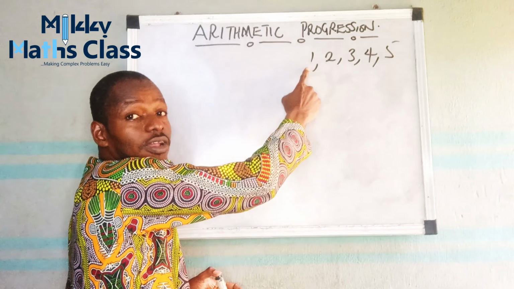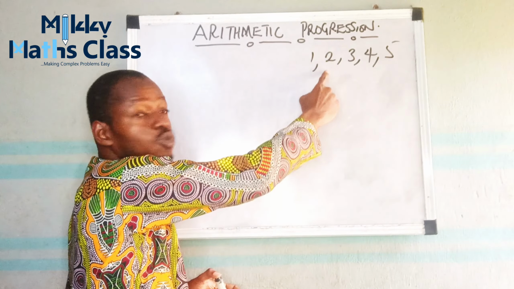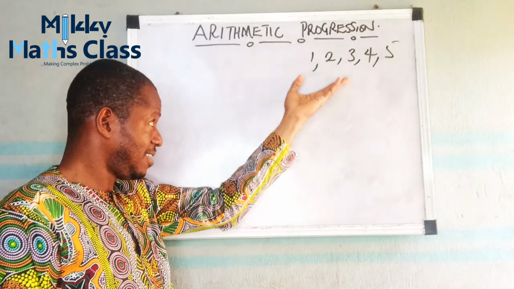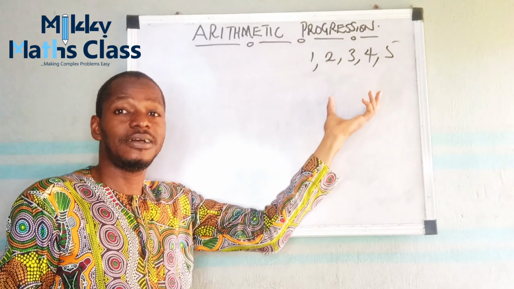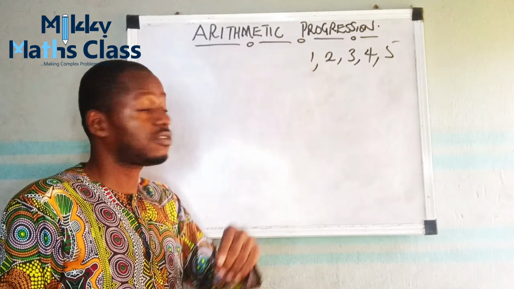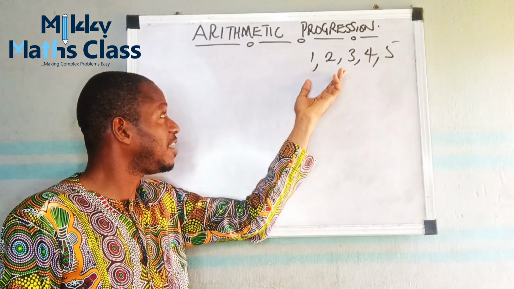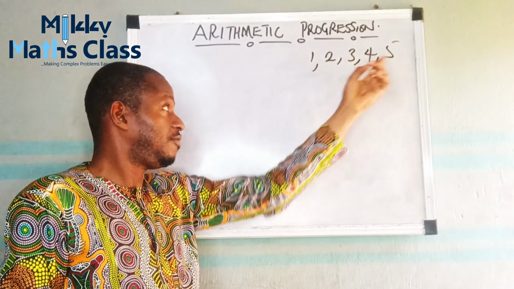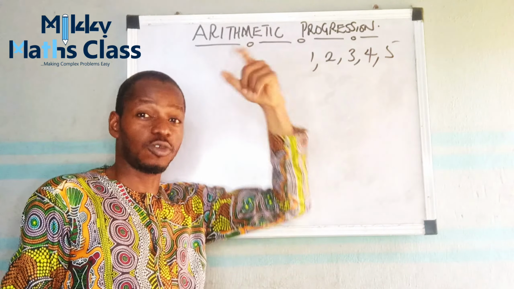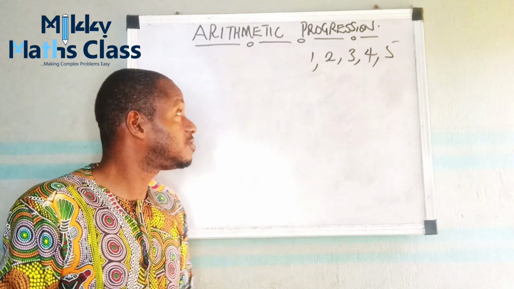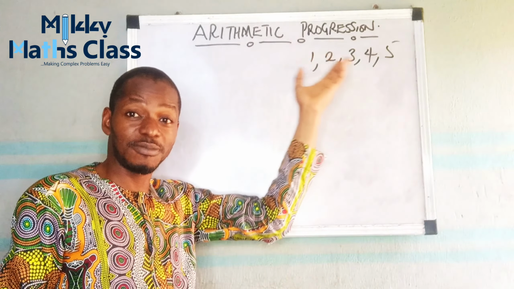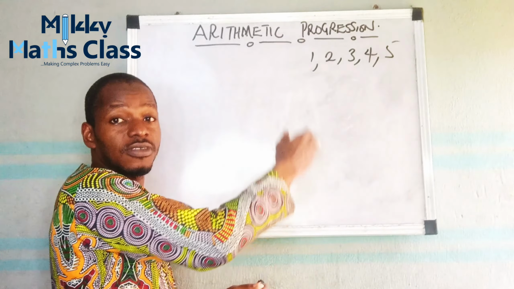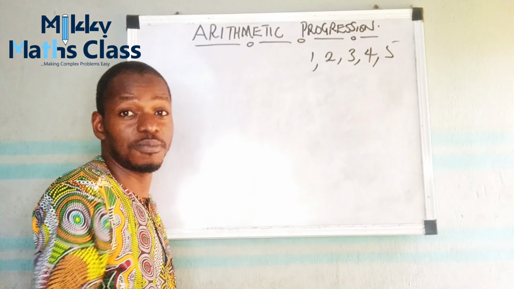If I add 1 to 1, I get 2. If I add 1 to 2, I get 3. That's an example of a sequence, and this type of sequence also falls under the arithmetic sequence. So what we have here is increasing by adding 1. If I'm going back, if I want to get the previous one, I subtract 1. So that is a sequence for you. So an arithmetic progression is a linear sequence in which each of the terms increases or decreases by adding a